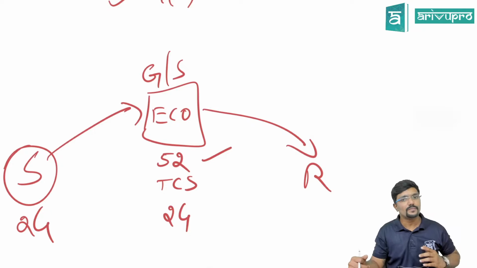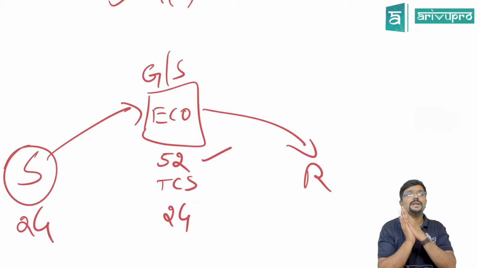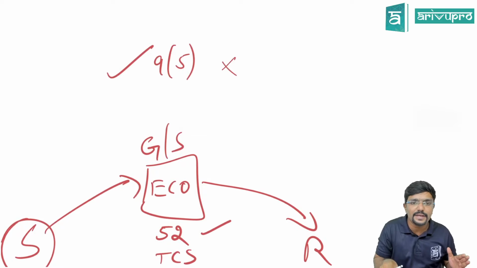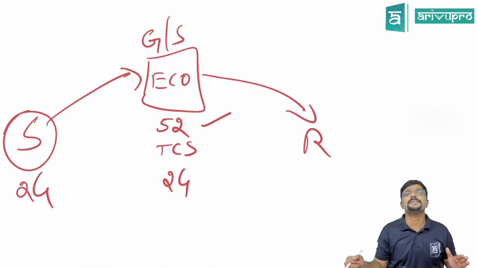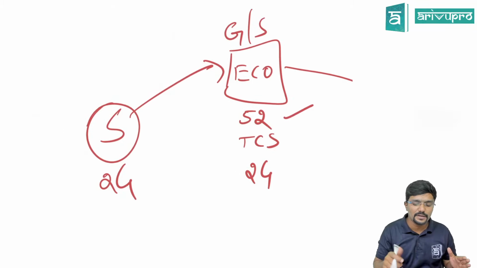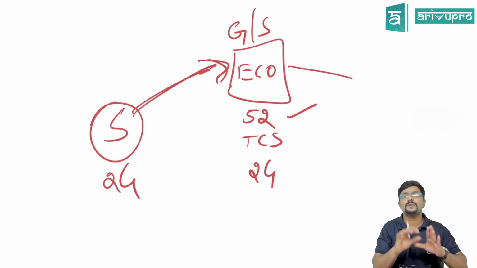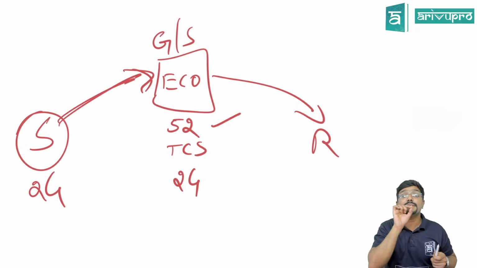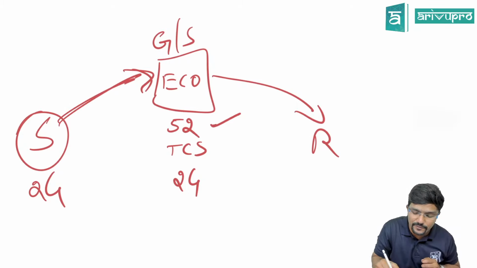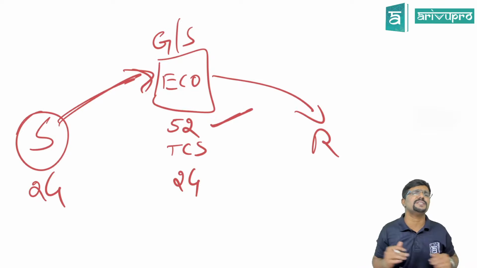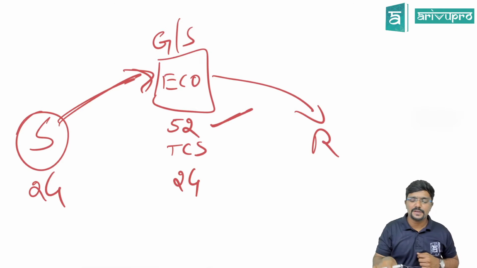It's like that. So for any supply through an electronic commerce operator on which the operator will not pay tax as per section 9.5, they have to collect TCS as per section 52. In that case, for them, registration is mandatory. And they are also telling, whenever the supplier supplies goods or services through an electronic commerce operator, on which the operator is supposed to collect TCS as per section 52, then the supplier, irrespective of his turnover, has to get registered.